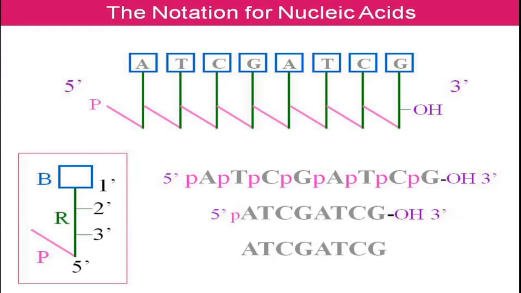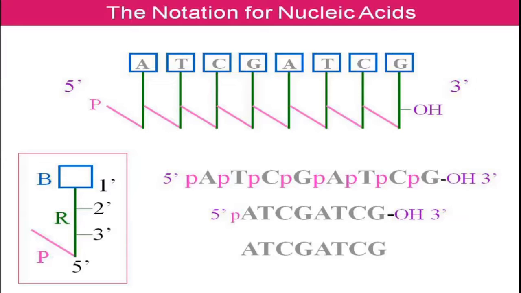Now about the convention of how nucleic acids are written. There are different ways to write a nucleic acid sequence. You can write it in this way, where each nucleotide is shown by means of a nitrogen base only, and the adjacent two nucleotides are linked with a phosphate bond. So you can show it like this with the 5' and the 3' end.